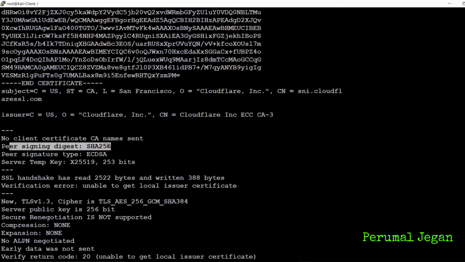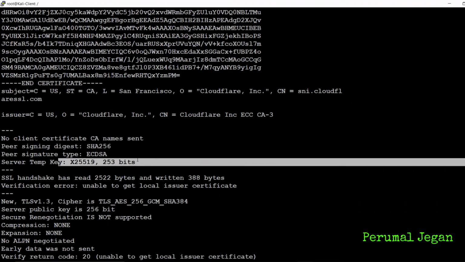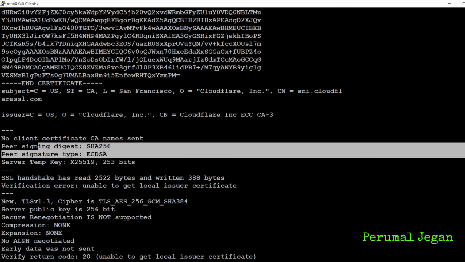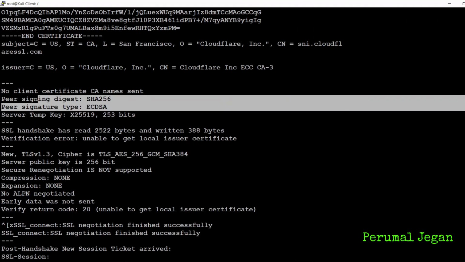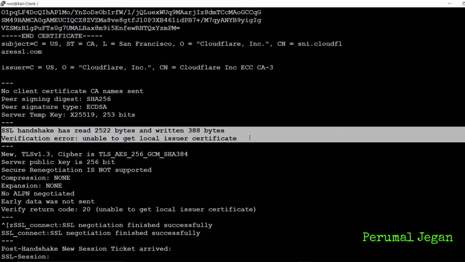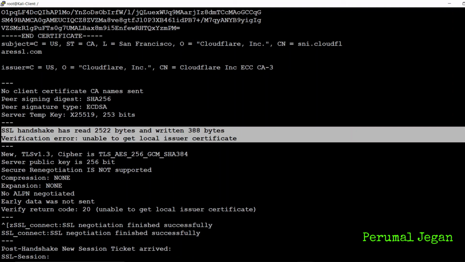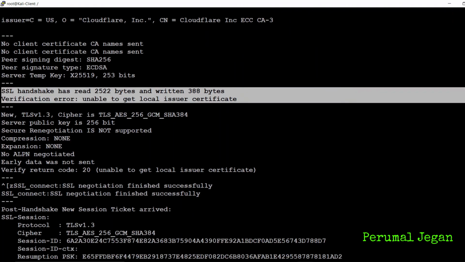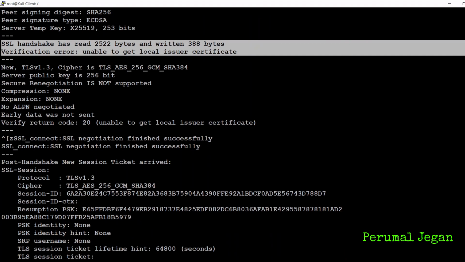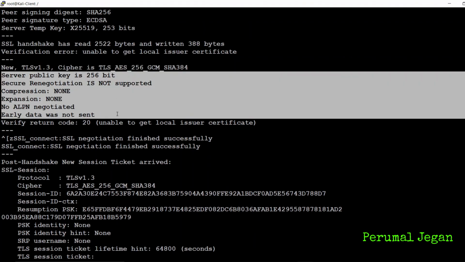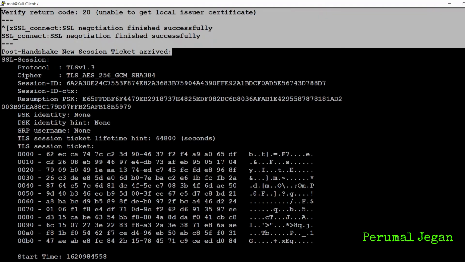You can see the ciphers being used in this SSL exchange. These are the ciphers that are going to protect the communication between my machine and NetworkChuck's web server. So it does the SSL handshake to mutually agree on the cipher that is being employed. You will be able to see the detailed SSL handshakes here. Particularly when you are preparing for an interview, it will be very useful.